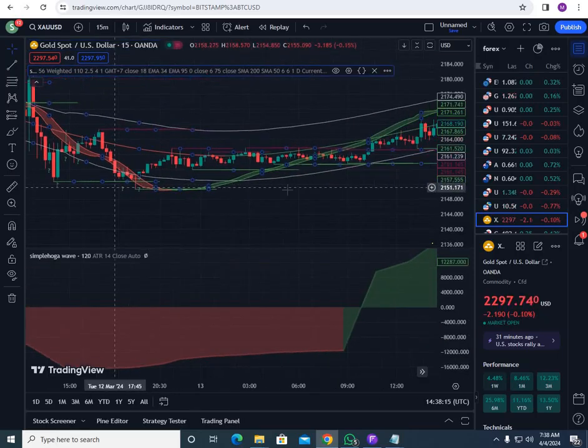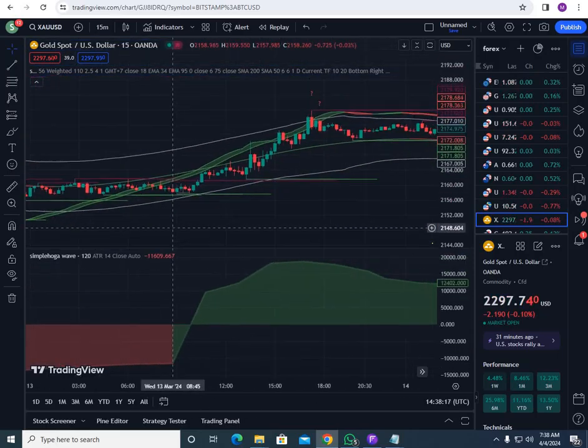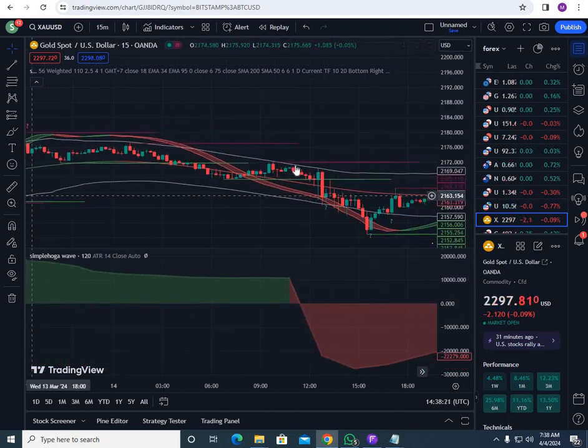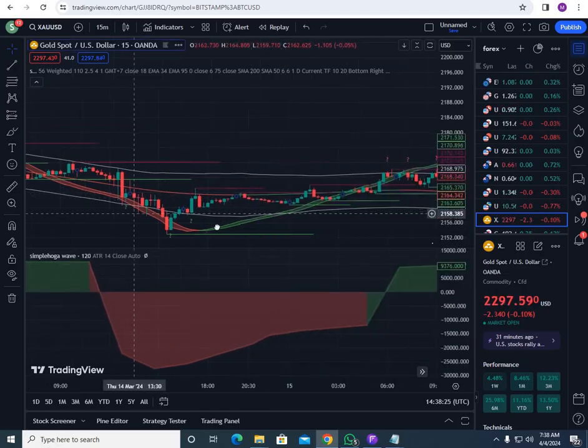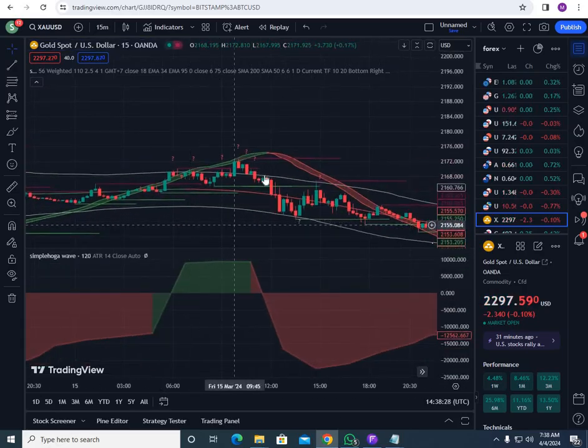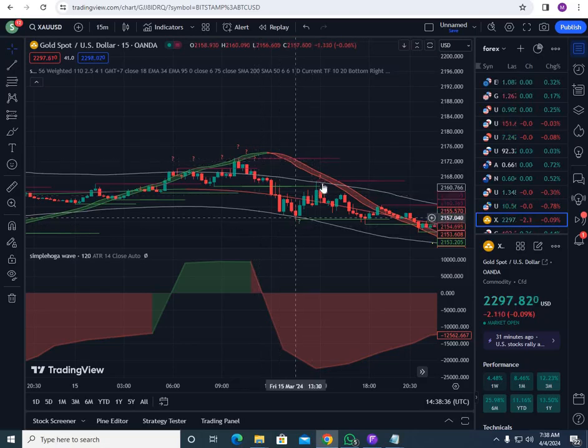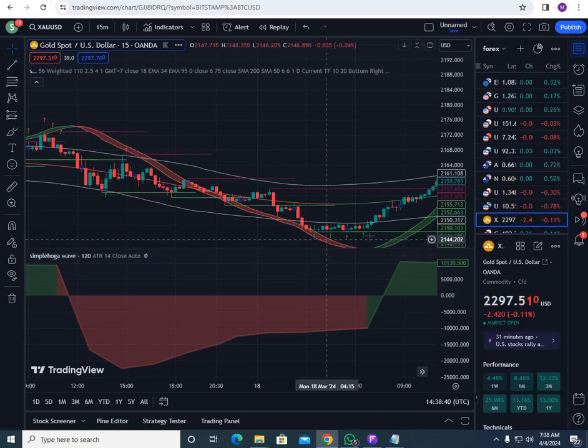Let's see some of the results. You can go for the buy trade and book your profit here, and you can go for the sell trade if you need. That's okay, but the confirmed trades are, let me show you, this one. This is the confirmed trade. Just like I said, the candle comes inside the RSI ribbon, you got the signal, and you will get the profit. There is another trade, and you will get another profit.